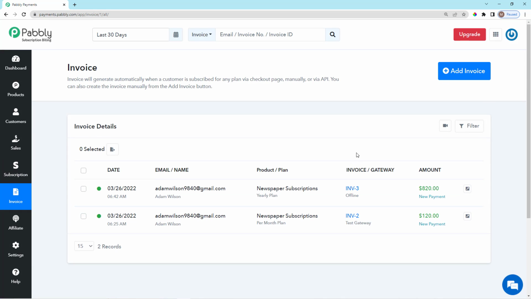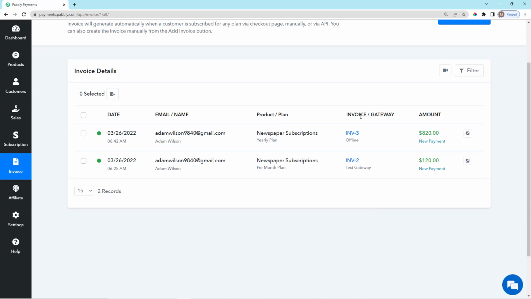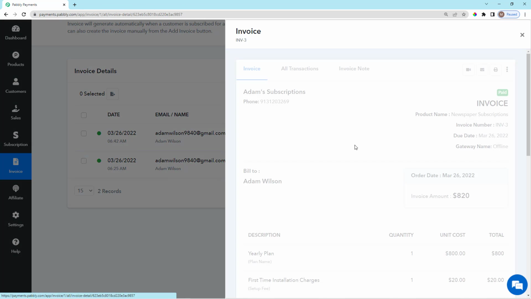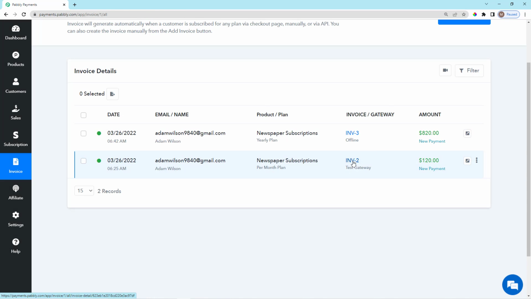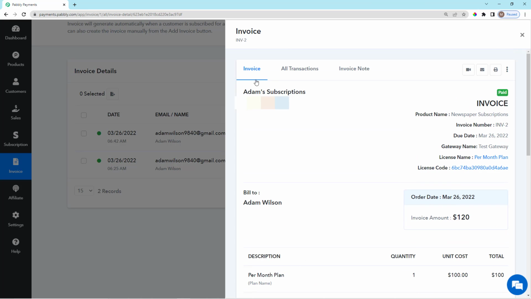Now we'll go to the invoice section. Now that we have arrived at the invoice section, you can just click on any customer invoice and see the details of the invoice here. So as you click on this customer, you can see a lot of details like your company name, phone number,